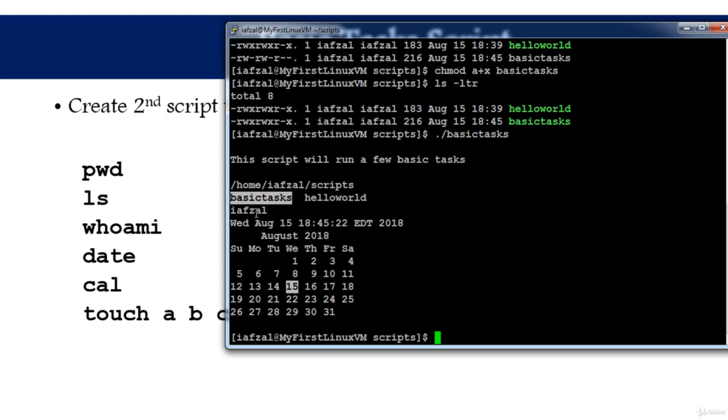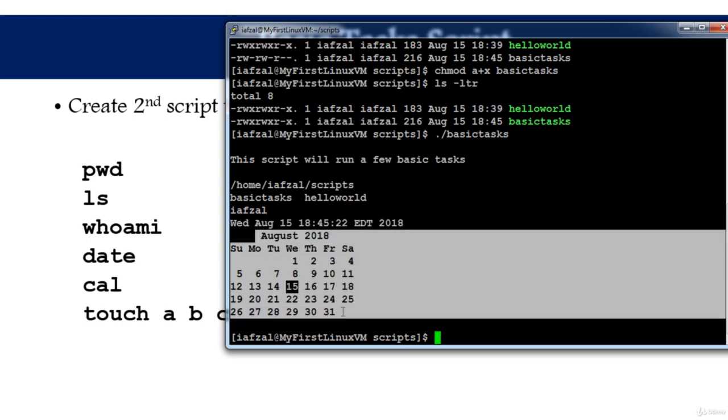And then who am I? That's my name. I am logged in as myself. Date, this is the date. It's telling you what date is today. And calendar, this is the calendar that is output. Now the last one